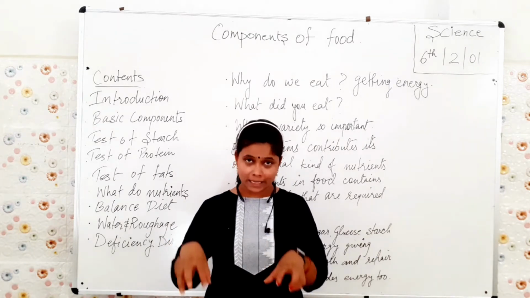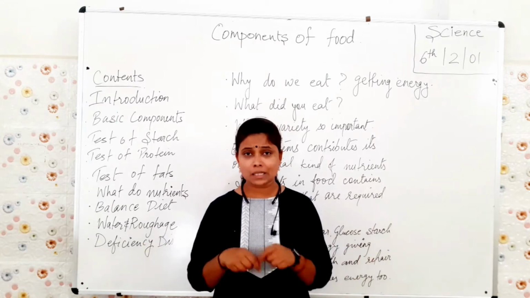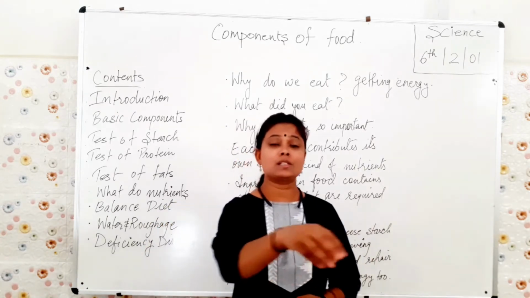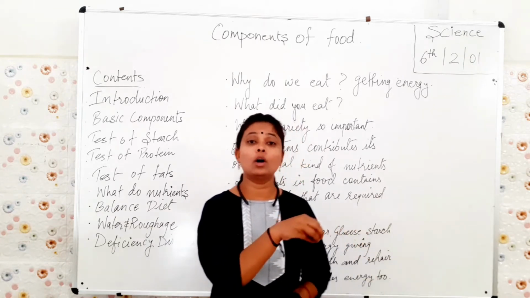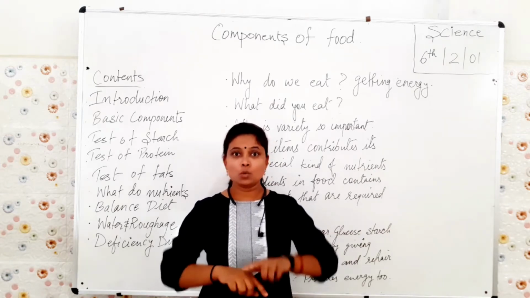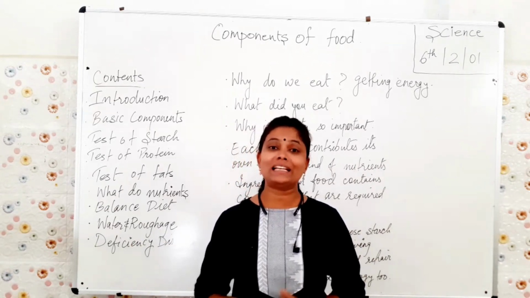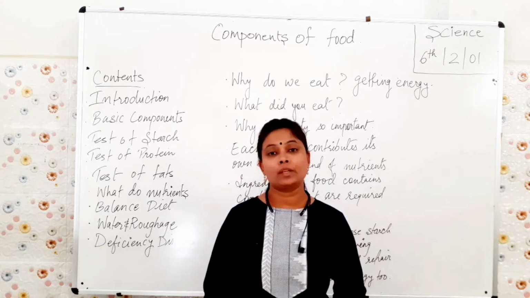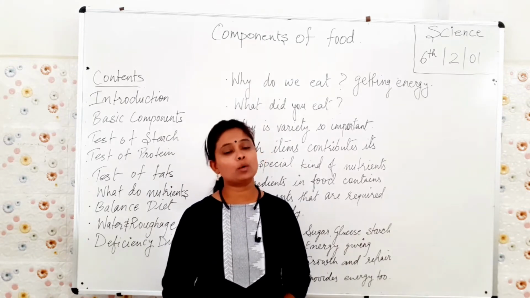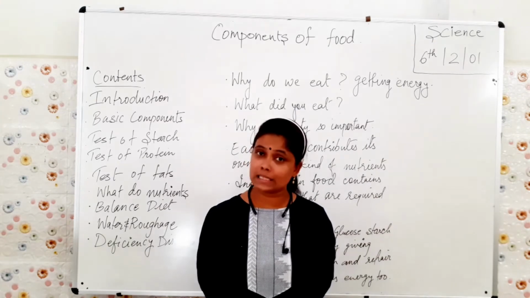In that plate, suppose you are a vegetarian or a non-vegetarian, that plate consists of an egg, there is a carrot, some bread, or any other snacks like chips. So why is there a variety? There is a variety so that every nutrient can come inside your body. That's why we have a variety in our plates.